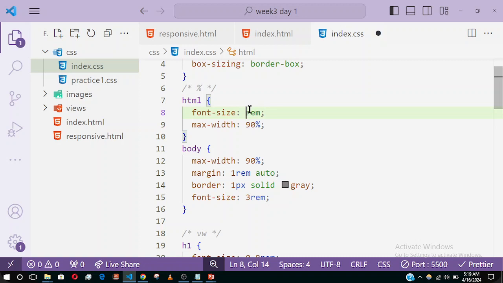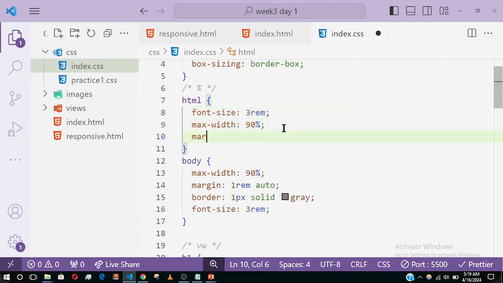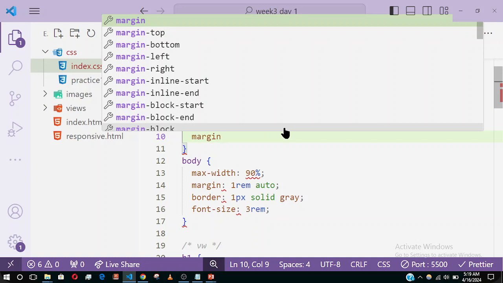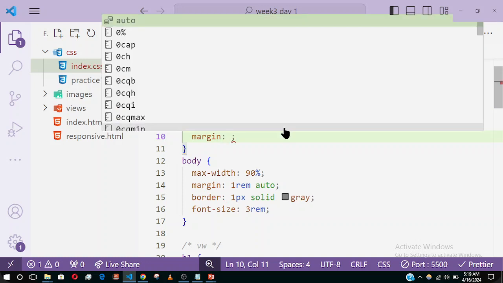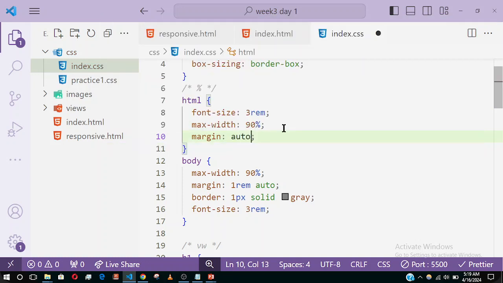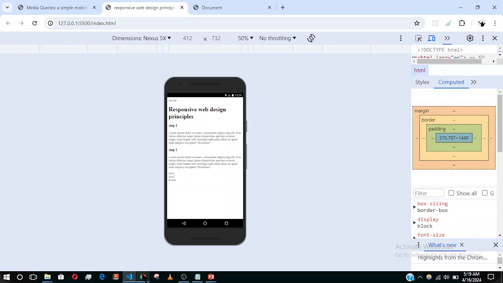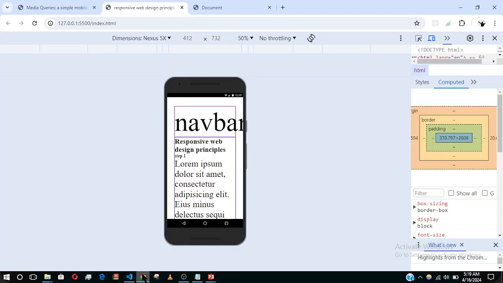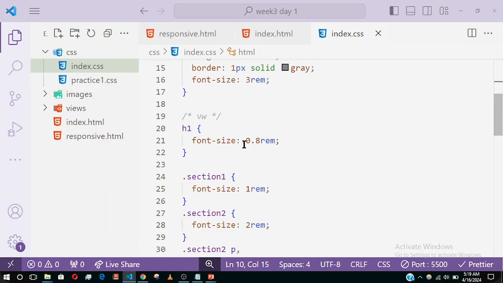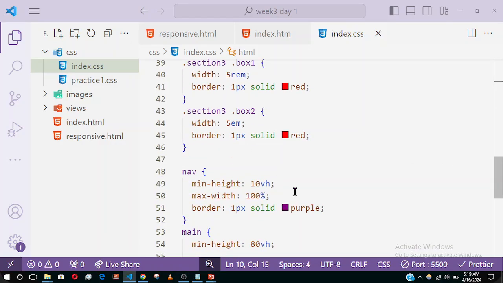Okay, let's leave it at 3. Then we can add our margin auto. So this is it. Then what we need to now do is to go to that our